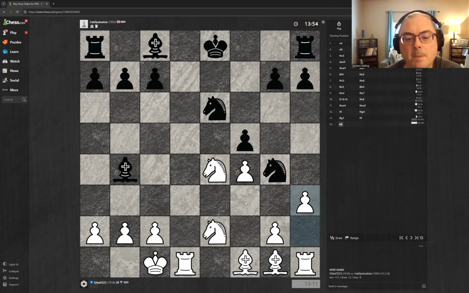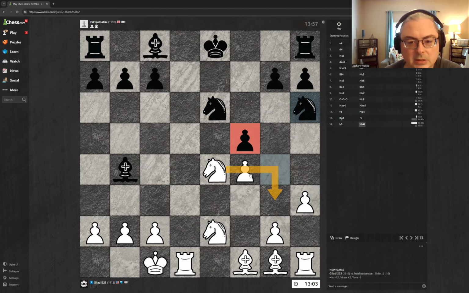So I think this favors white if he trades. Okay, he retreats. He doesn't want to trade. And come back. Pawn's defended. If I come forward, am I really threatening to take? I don't think I really am, but